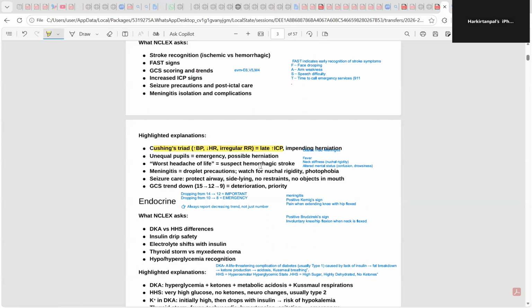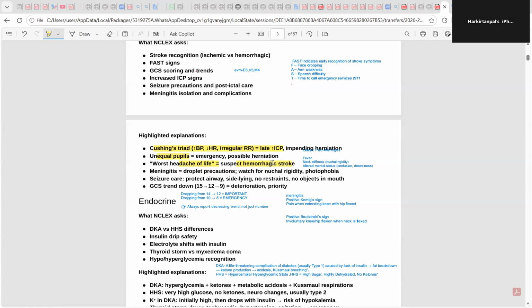And a late sign of increased ICP is herniation of the brain. If the client has an unequal pupil, that means if you check the pupil and it is not responding to light normally, that indicates a possible herniation, and it is a life-threatening complication. And if the client has a worsening headache also, we can suspect a hemorrhagic stroke,